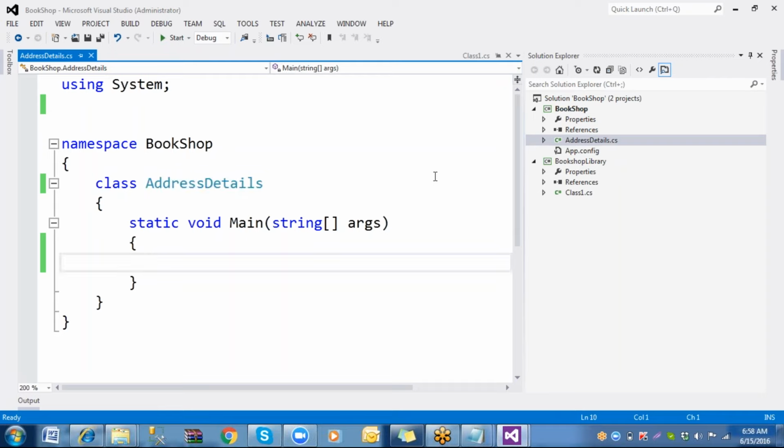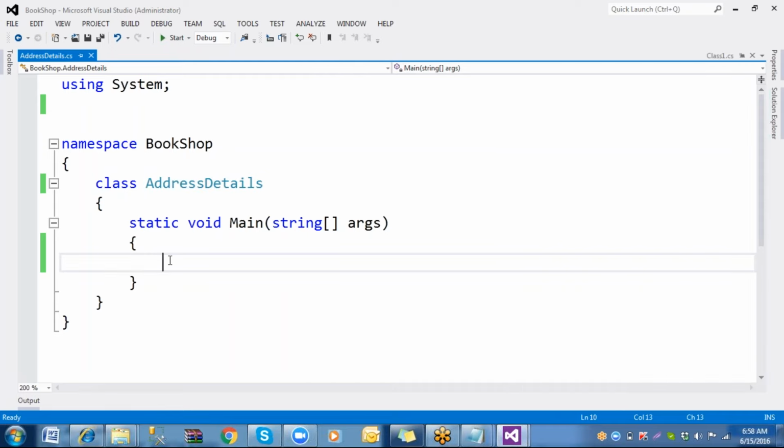Now we can see here static void Main. In this we have a shortcut, right? CW. I want to show something. Console.WriteLine. Press tab, then Console.WriteLine. What do you want to see? So enter product details, enter address details, profile details or anything. So here we can say